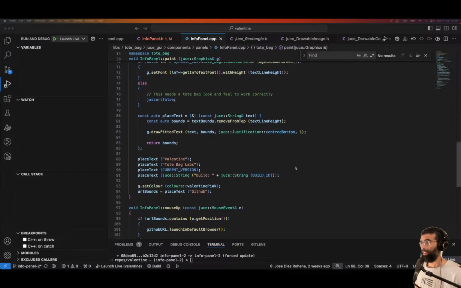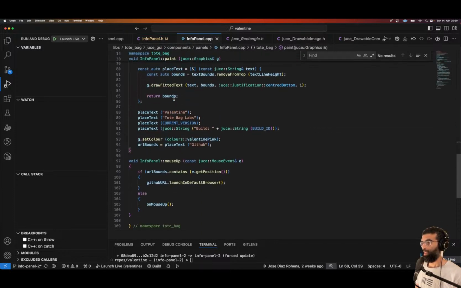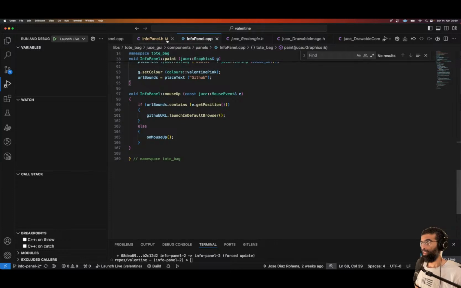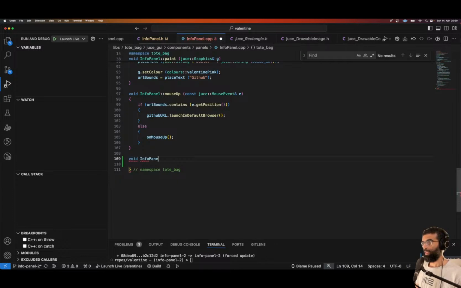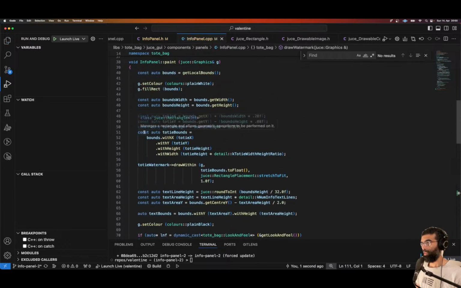Anyway, draw watermark. And we're just going to move